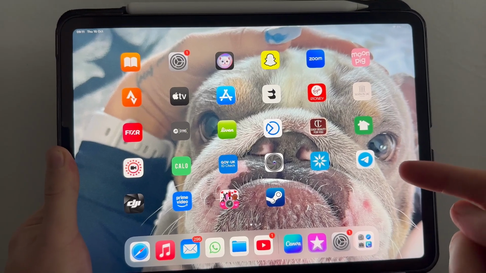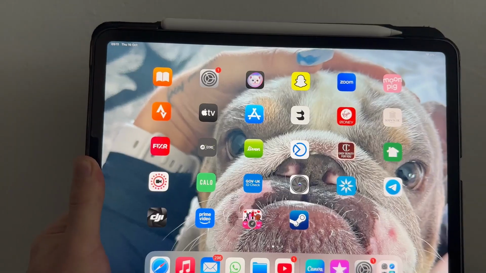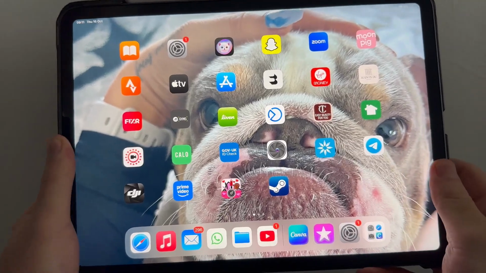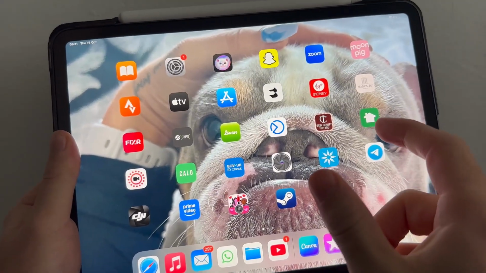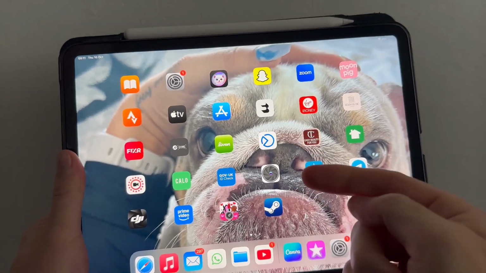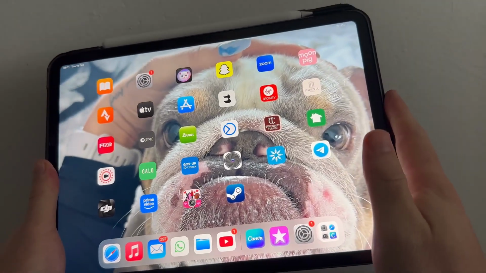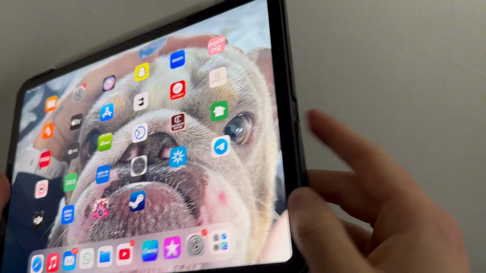How to fix your iPad not showing trust this computer. So if you're trying to connect your iPad to your computer and either you've accidentally closed off the trust message or it's just not showing up in general, then I'm going to show you how we can go and fix this issue. So the first thing you want to do is just disconnect your iPad from your computer, and then